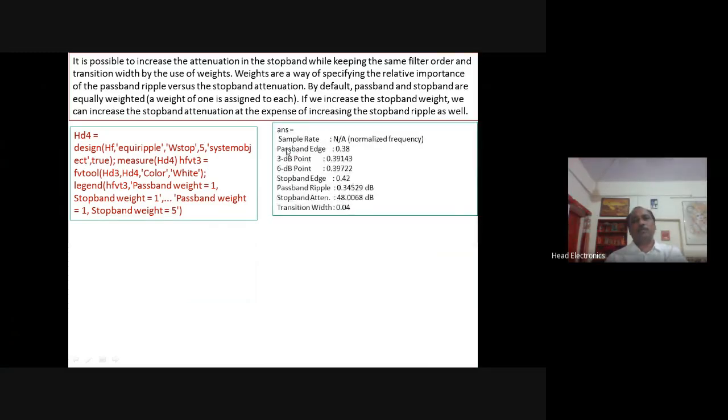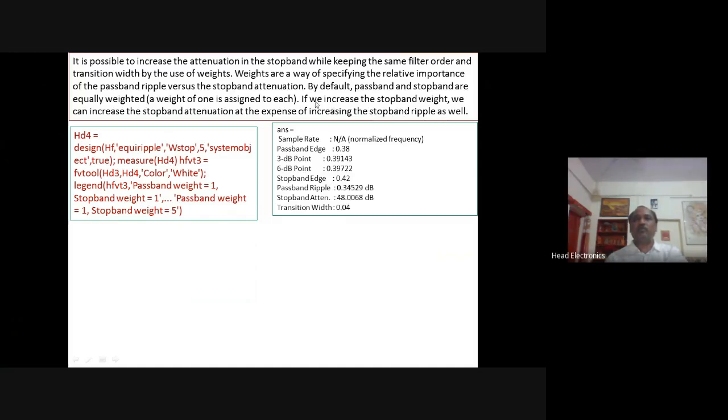So the use of the weights is a way of specifying the relative importance of the pass band ripples versus the stop band attenuation. By default, the pass band and stop band are equally weighted here. A weight of 1 is assigned to each. If we increase the stop band weight, we can increase the stop band attenuation at the expense of increasing the stop band ripples as well.